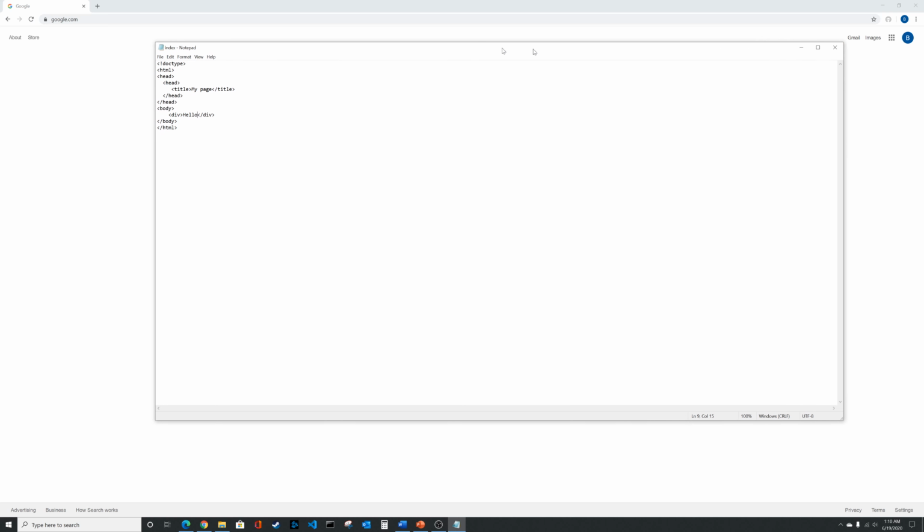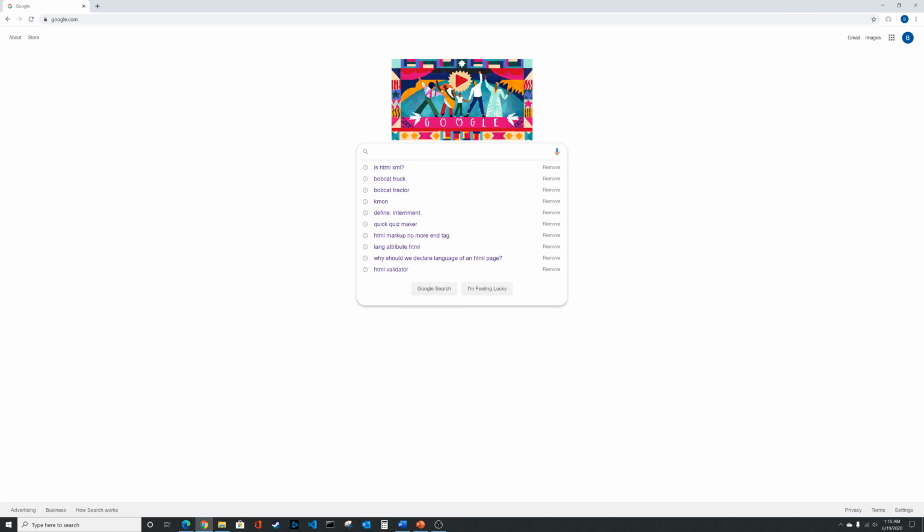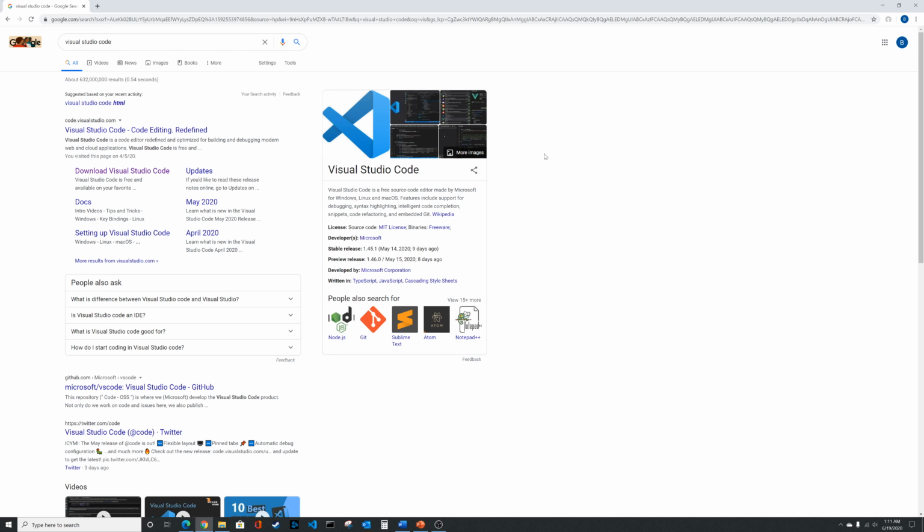Alright, so again, I don't recommend using Notepad. Instead, I like to use an IDE called Visual Studio Code. I've bounced between different IDEs over the years. You can use one called Brackets, you can use Notepad++, you can use Sublime. There's a lot of IDEs out there. I particularly like Visual Studio Code because of its integration with a lot of different extensions that make your life easy. One of those being called Zen Coding, and I almost didn't want to tell you about that